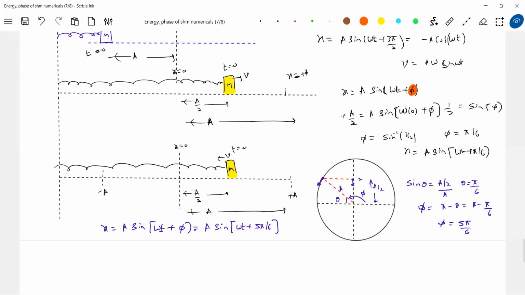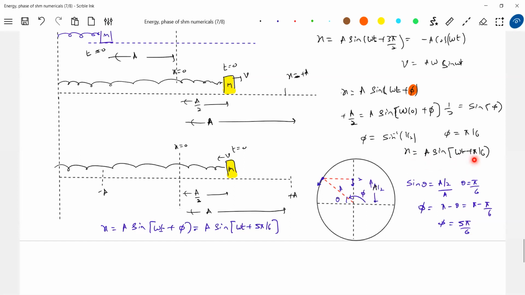Is there any difference between these two? If you start counting from the point where x equal to a by 2, and you define x as a by 2 and the velocity towards the mean position, the equation should be this one. You may take help of trigonometry, but I suggest you take the circle. It will be much easier because you can save time. Because definitely in the exams we write, time is a very, very important parameter. I just simply suggest you take help of this one. Okay, now are you getting it?